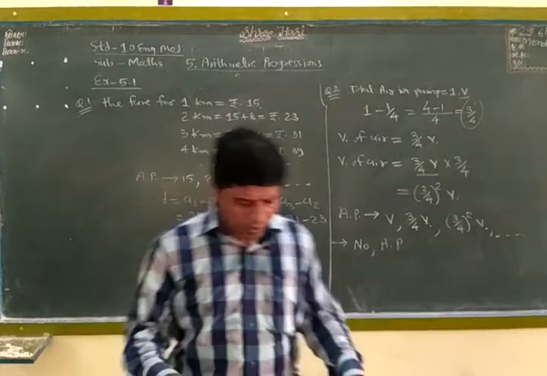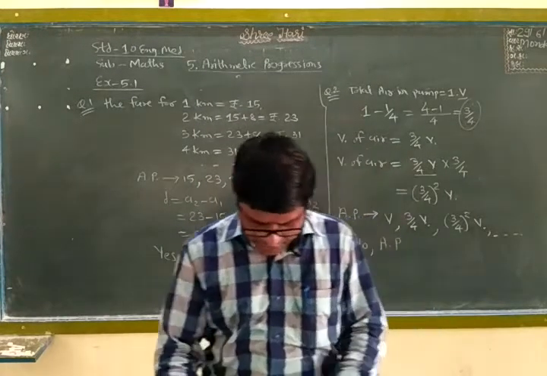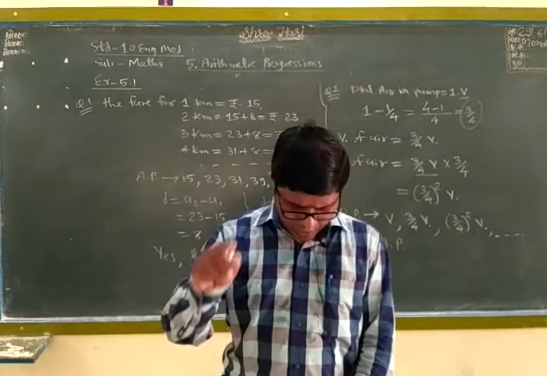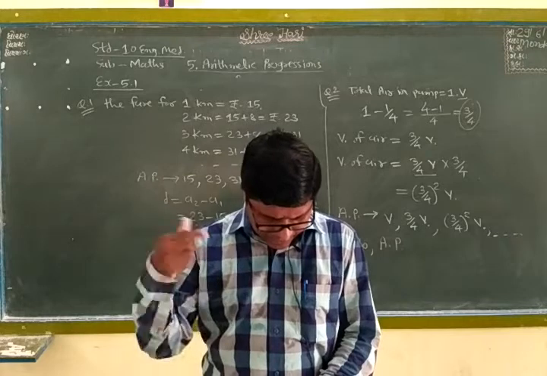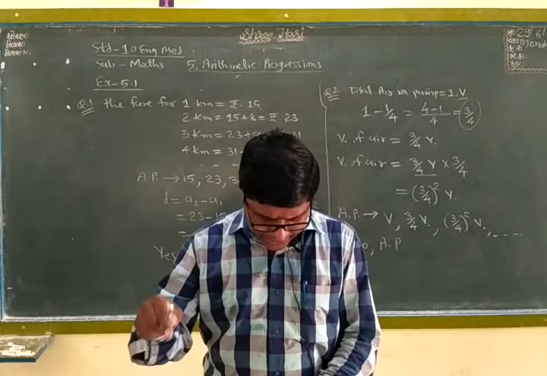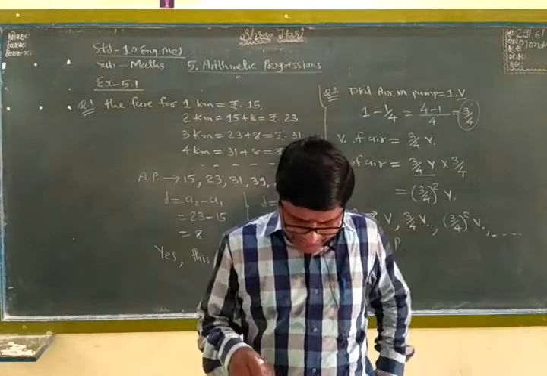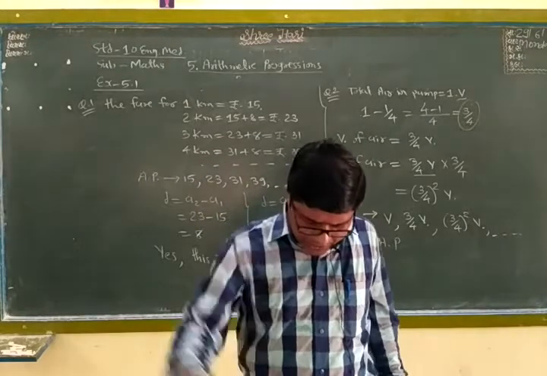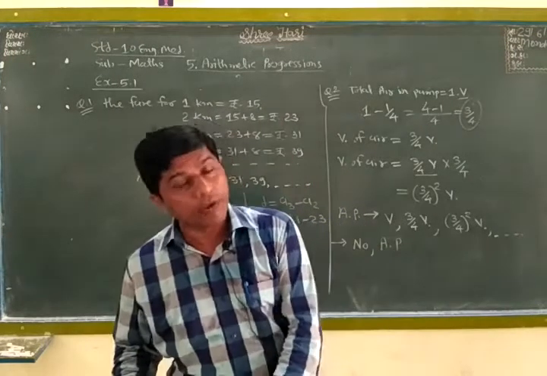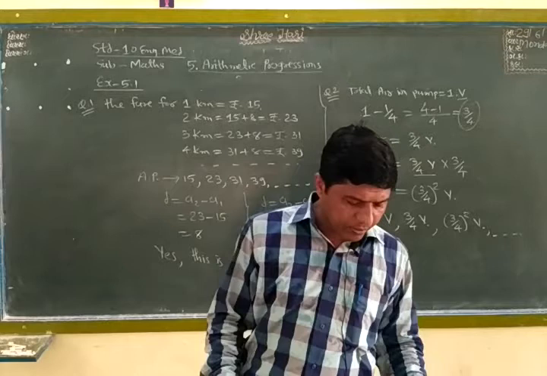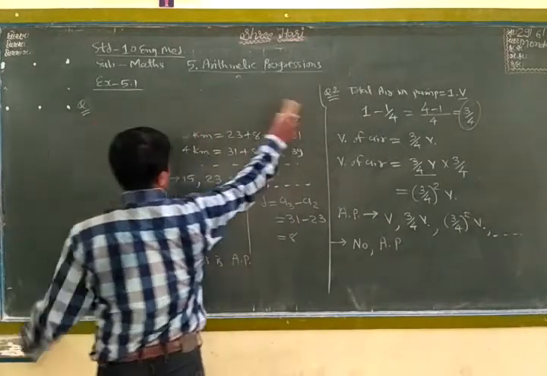Okay? Now this again, question number 3. What is the given question number 3? I read first: the cost of digging a well, it means well means kua. After every meter of the digging well, it costs rupees 150 for the first meter and rises by rupees 50 for each subsequent meter. Okay? It means you are starting with 150 rupees for the arithmetic progression. Okay, let's start now. Question number 3.